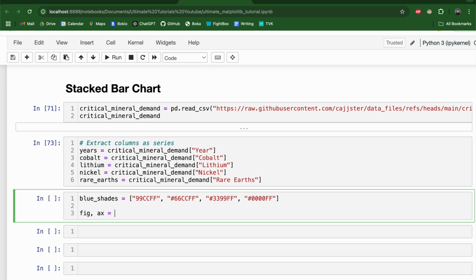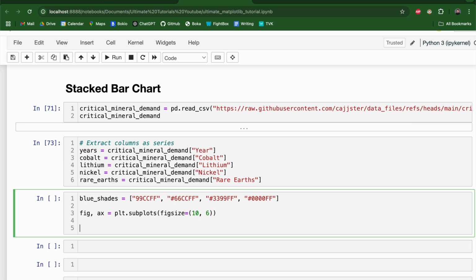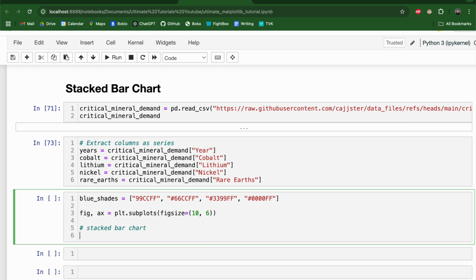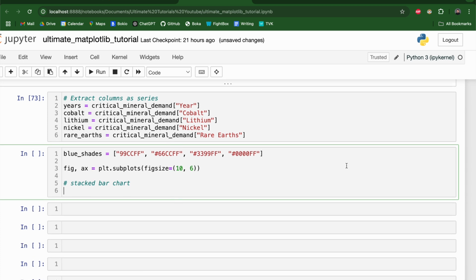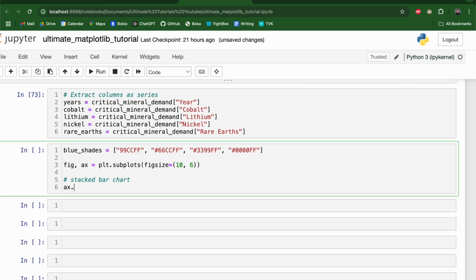Then we're gonna do fig, ax here, plt.subplots, and we're gonna have a figsize of, let's say, 10, 6 here, and now we're gonna do the stacked bar chart. So it's gonna look like this. Gonna say ax.bar, and we're gonna start with the years, and then cobalt, and then we're gonna give it a label. We're gonna call it cobalt,